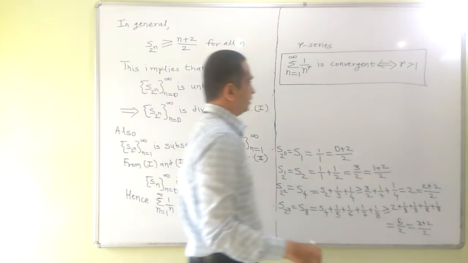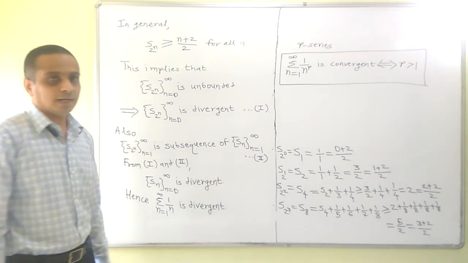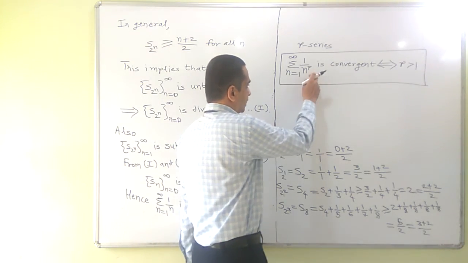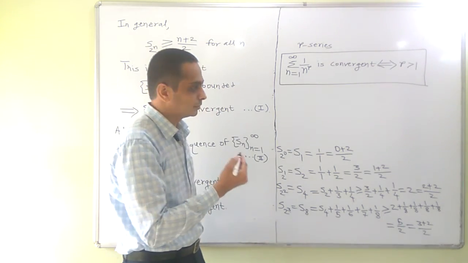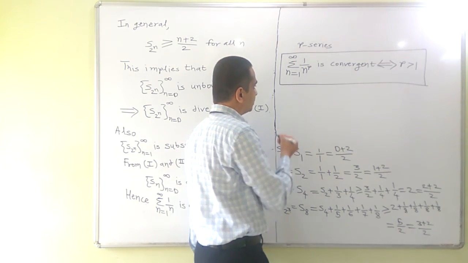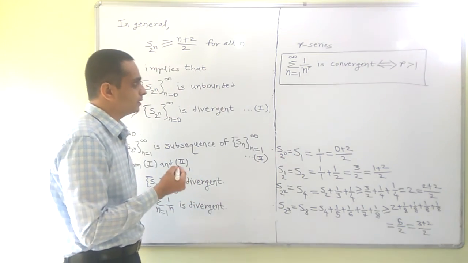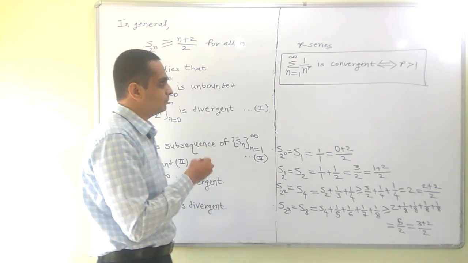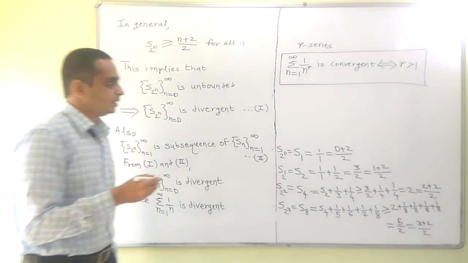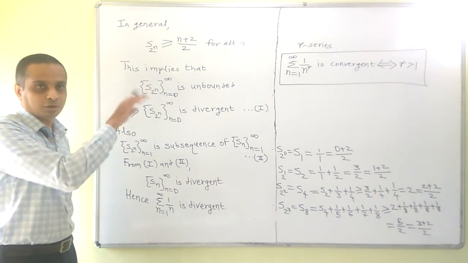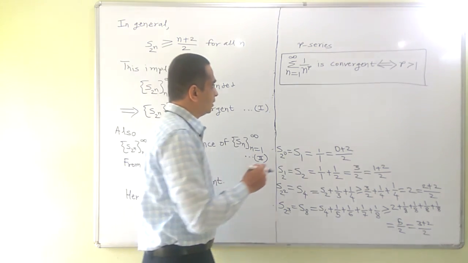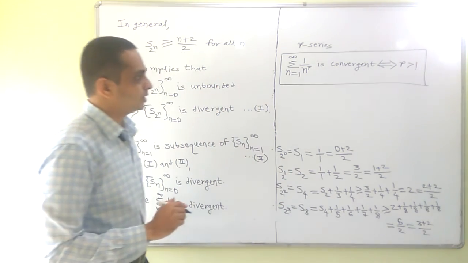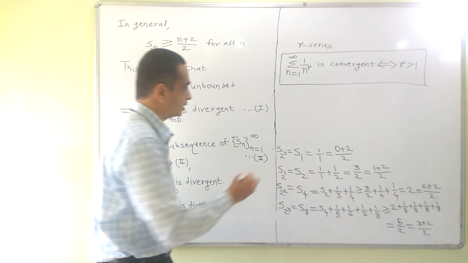In the live lecture, I will discuss the proof of this. I have provided you a detailed proof of this standard series in the notes, and the proof is given by considering cases. P is greater than 0, P is equal to 1, P is greater than 1, and P is less than 0, P is less than -1, and so on. So these cases are considered for proving this. So this is the P series, and the P series is convergent if and only if P is greater than 1.